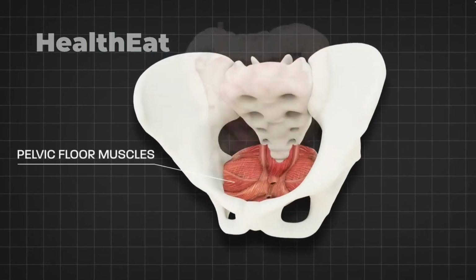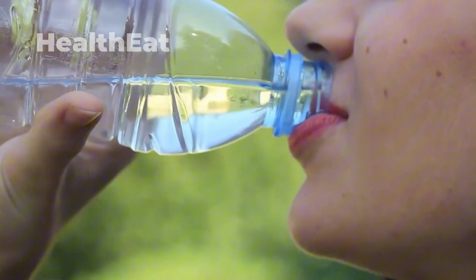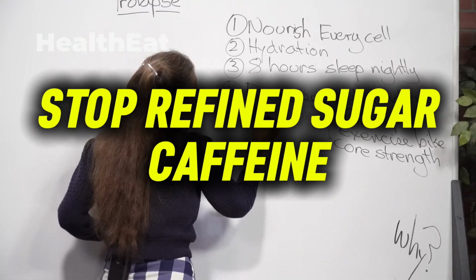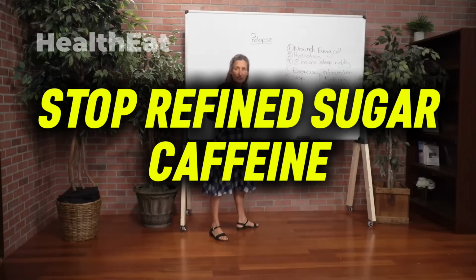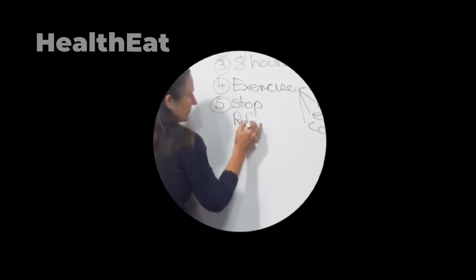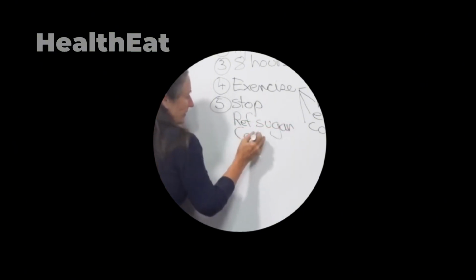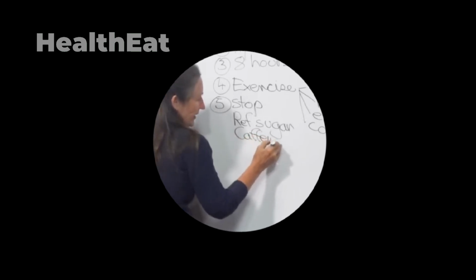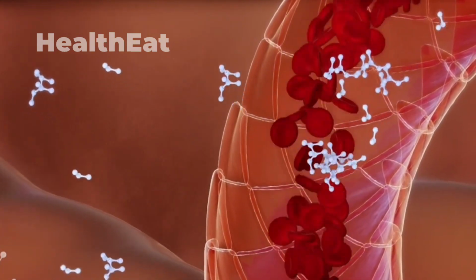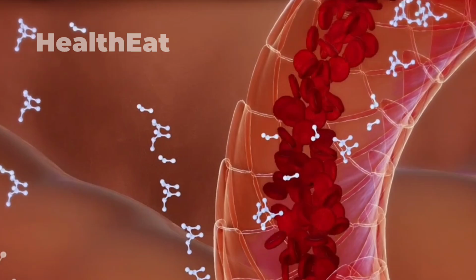We have to strengthen them because they're made up of cells. They need nourishment, they need hydration, they need to be slept every night. And stop anything that is robbing your body of the minerals that it needs to be strong. There's your refined sugar. There's your caffeines. Most people don't realise that those cups of coffee every day with that teaspoon of sugar is contributing to the prolapse. Avoiding substances that rob the body of essential minerals is another vital aspect of managing prolapse